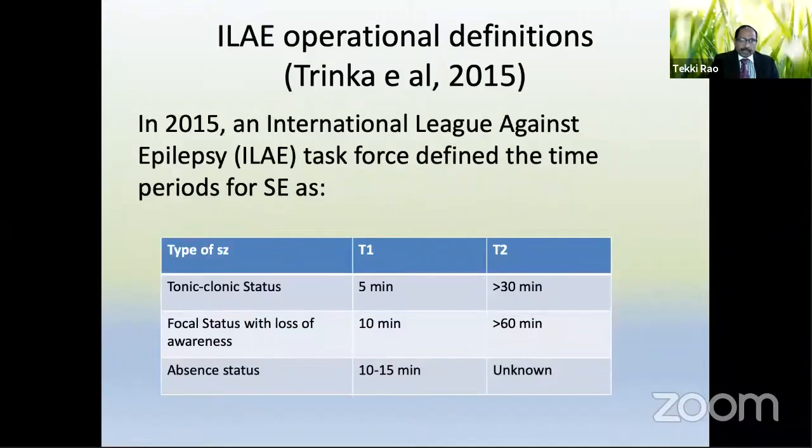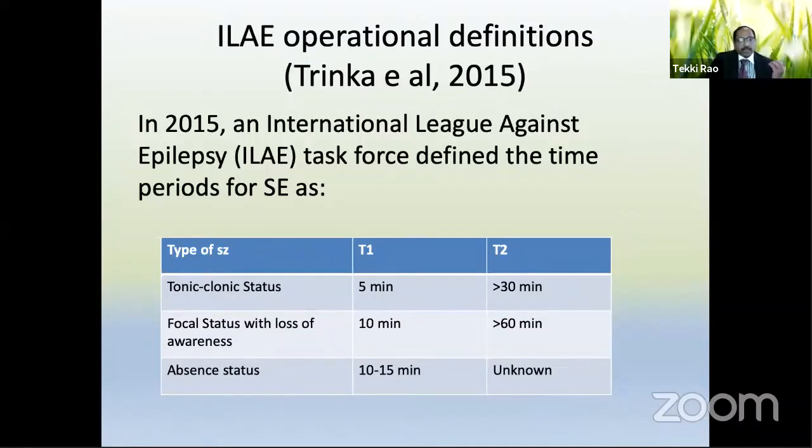But I think the ILAE has stepped in for more than a century now, and has been changing the definitions, of which in 2015, as Trinka et al. put in their paper, the operational definitions are slightly different from taking it as 30 minutes, in which tonic-clonic status,